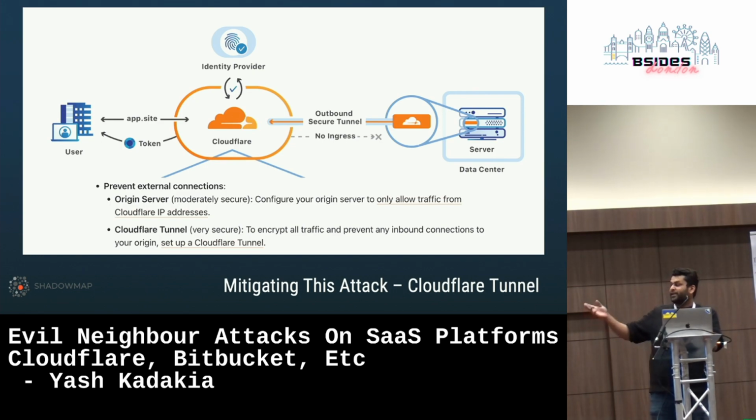And the other one is Cloudflare Tunnel, where you use Argo or Cloudflare Tunnel to essentially create a reverse tunnel, where the Cloudflare daemon is running on your server, talks back to the Cloudflare network and routes traffic through that way, right? So if you happen to use Cloudflare Tunnel, you should be okay. If you're using the IP origin method, then you're most likely going to be vulnerable to this. You are going to be vulnerable to this attack, right? So that's one set of attacks and one vector that we've seen here.